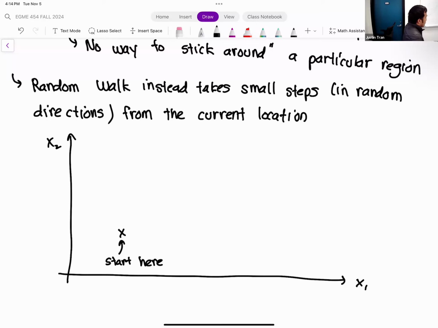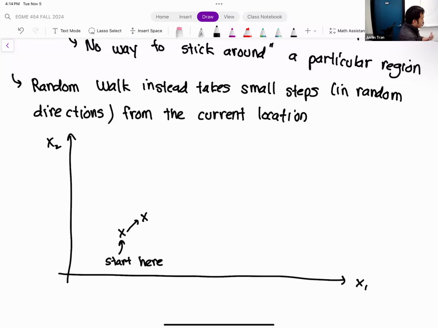If this were Monte Carlo, it doesn't really matter where we start at all. We would just jump randomly within the domain. But if it's a random walk, what we can say is that, all right, we're starting here. Let's try taking one step in this direction right here.